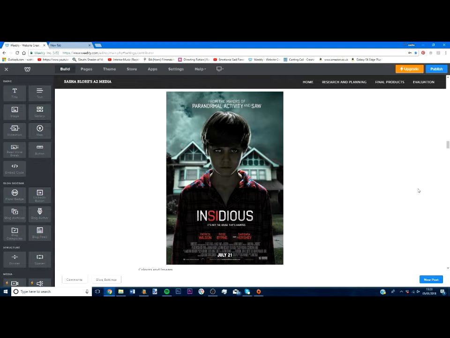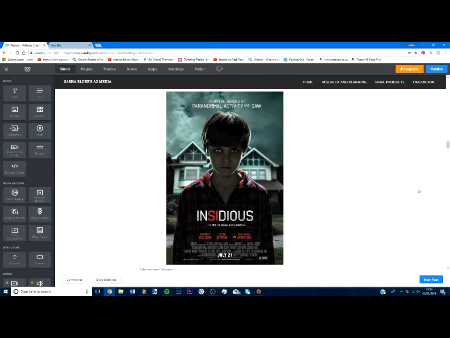But this genre has completely turned that ideology on its head, and that is what we see in the poster here. We also have Insidious in his eyes, which you can only see if you look closely. I don't think it looks very good, but it sort of gives a hint that it's the boy that's haunted rather than the house, which links to the tagline underneath the title, which says it's not the house that's haunted. Again, it's showing you that the boy's haunted, not the house, which is the main selling point of the film, because we hadn't had anything like that before. It was very new.